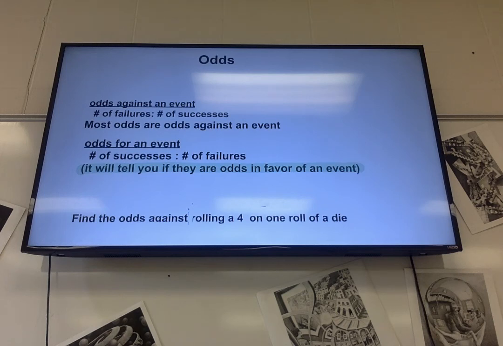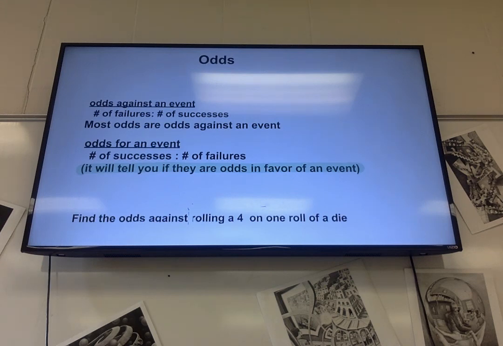Okay, so odds and probability are related, but they're not the same thing. A lot of people use them interchangeably, but they're really not the same. Like when somebody says, what are the odds of that happening? They probably are really thinking, what's the probability that it would occur? Odds are used a lot when you're talking about gambling. I always think about horse races. You're usually given odds of whether this particular horse will win or not.